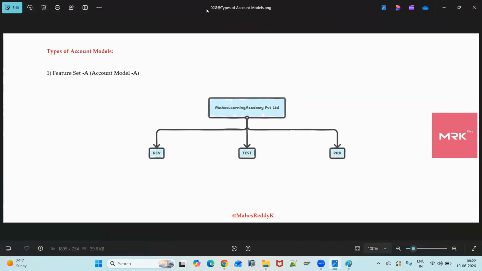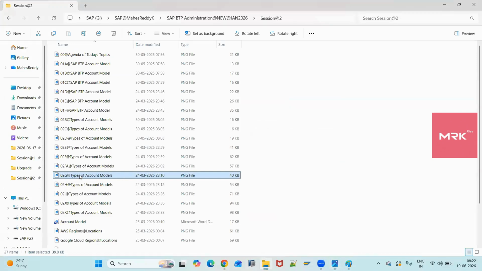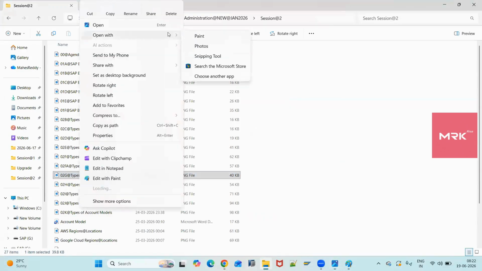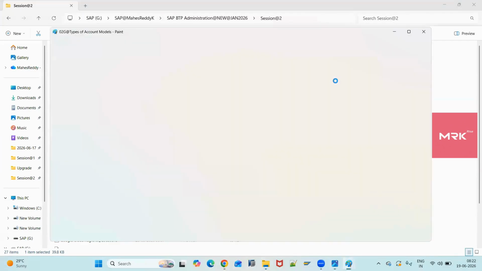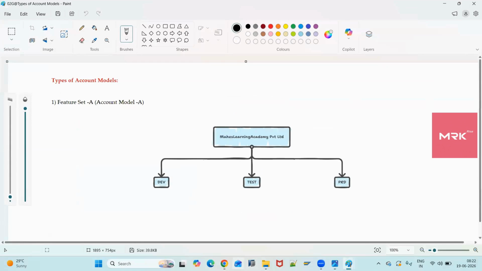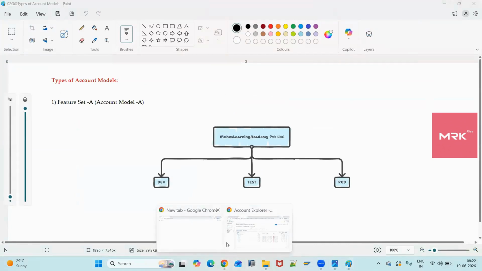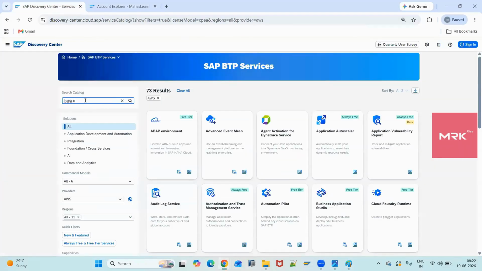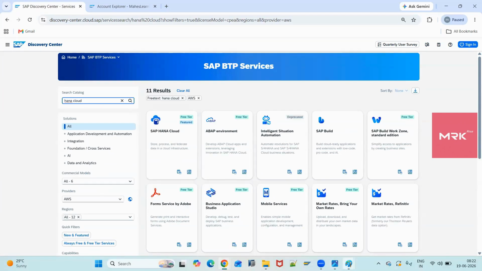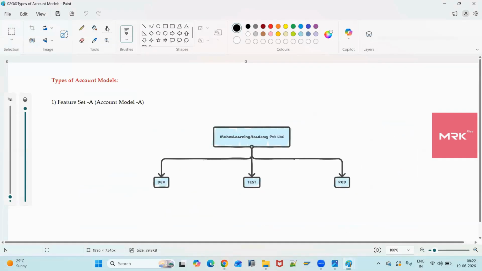Okay, so this is 2G, right? Open in real time. In real time, how we used to create the sub-accounts, you will get more clarity now. Here we have services in Discovery Center. For example, we have a service called HANA Cloud service. For this HANA Cloud service, we used to create the sub-accounts like